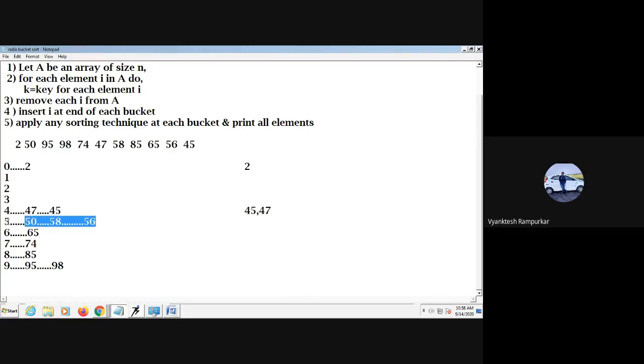When we apply any sorting technique to the fifth bucket, it becomes 50, 56, 58.